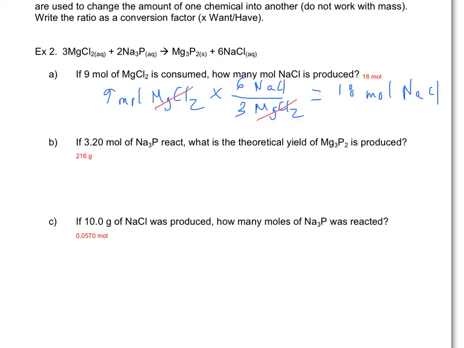B asks, if we have 3.20 moles of sodium phosphide reacting, what is the theoretical yield of magnesium phosphide? The theoretical yield is the fancy term for saying what mass is made if the chemical reaction works perfectly. So here we're required to not only convert from one chemical to another, but then change the amount into grams. Let's start